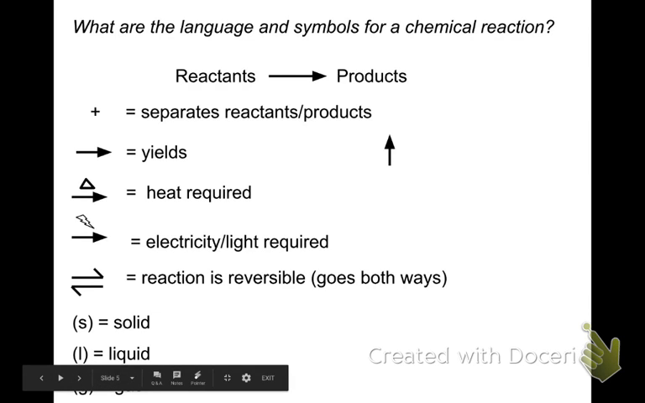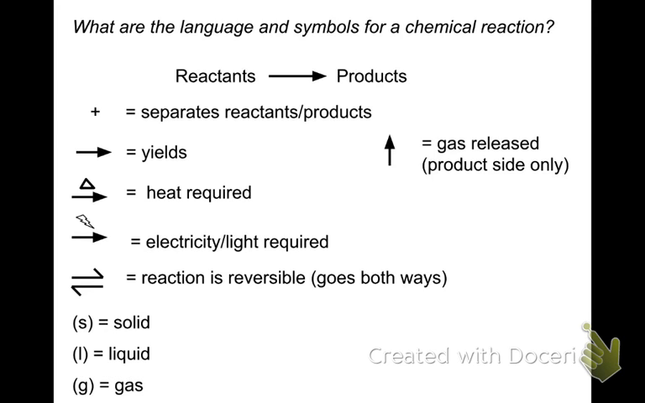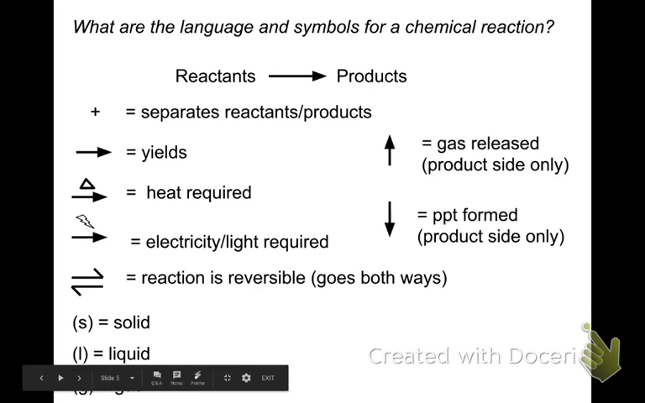if you see an up arrow next to a product, that means a gas is released. It is never shown next to a reactant, only a product. A down arrow next to a product shows that a precipitate is formed, and PPT is the abbreviation for precipitate. A precipitate is something that is not soluble in water, so think like sand. And when you form one of those, you will see it kind of fall down to the bottom of your